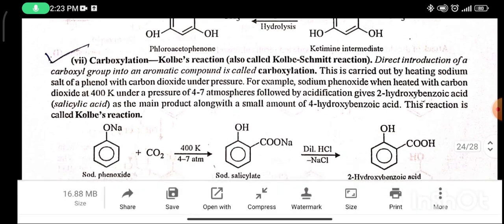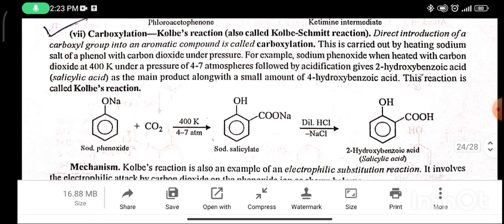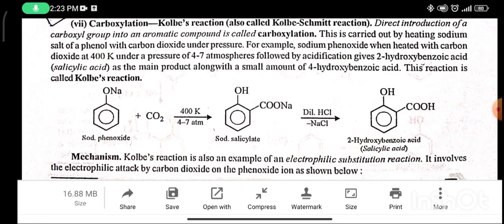Carboxylation, Kolbe's reaction, Kolbe-Schmitt reaction. Direct introduction of a carboxyl group into an aromatic compound is called carboxylation. This is carried out by heating the sodium salt of phenol with carbon dioxide under pressure. For example, sodium phenoxide when heated with carbon dioxide at 400 Kelvin under a pressure of 4 to 7 atmosphere